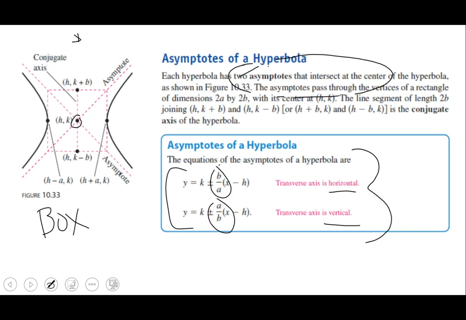And you're going to start with whatever the y value is, which will always be the k. Then, depending on whether it's B over A or A over B, you are then going to calculate that slope, rise over run, from that k. So let's say that you were talking in this case here about trying to find out exactly where the asymptotes are